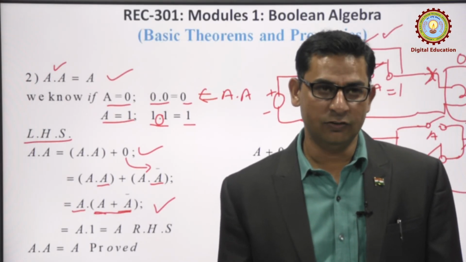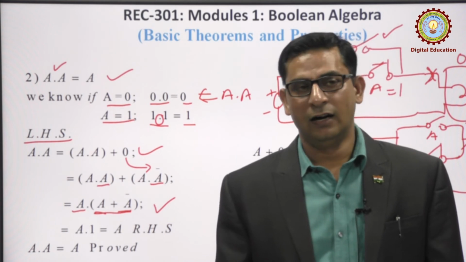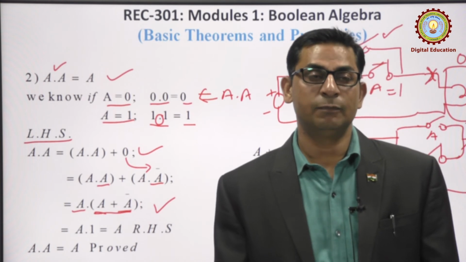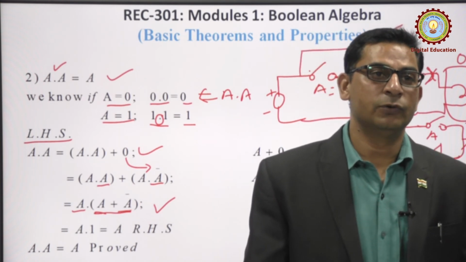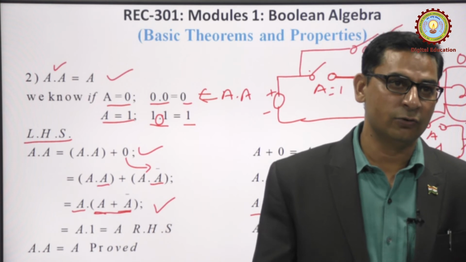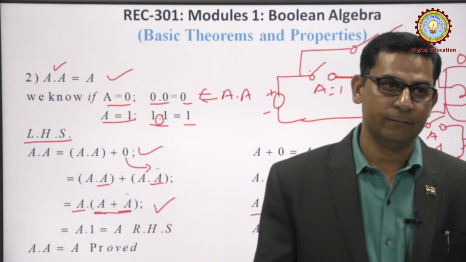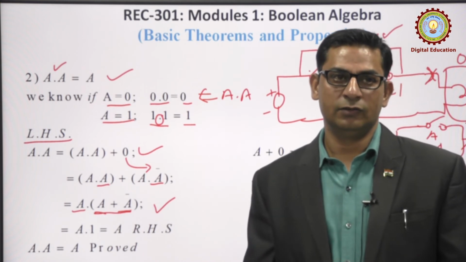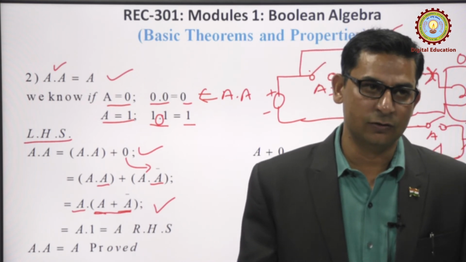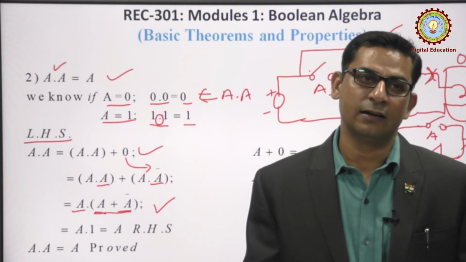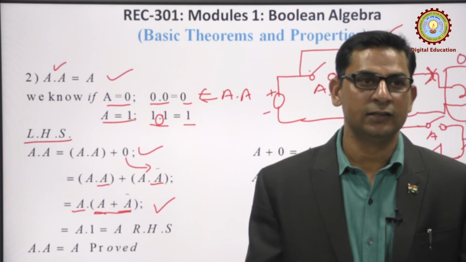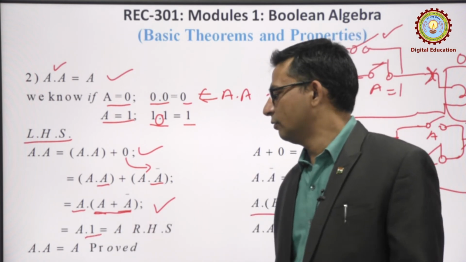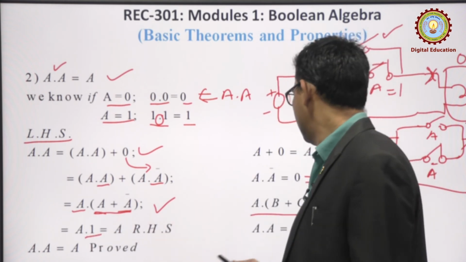So, whatever the value of A, the output will always remain 1 when two switches are connected in parallel with opposite states, or we can say with the NOT gate. Okay. So, if one switch is high, the second one is low, and if the second one is high, the first one is low, but both the switches are connected in parallel. So, the load will connect with the source. So, it means we can write it like A dot 1,